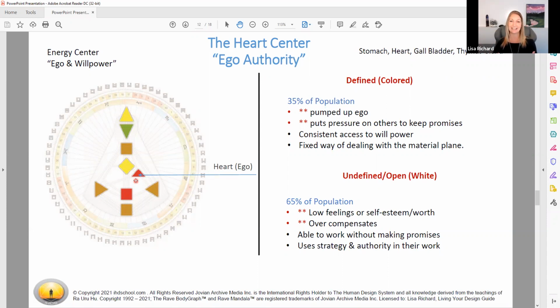Now, in a conditioned state, in a not-self state, these are the individuals that will come into a room. They're going to be really pumped up. They're going to be, I'm Mr. Right, I'm Mrs. Right, I'm in charge, don't question me, I'm in control, I have all the answers. So that is an inflated sense of ego. That is a not-self. Now, it's also important to know that when you have that center colored in your chart, you are someone who is true to their word. You can keep a promise and you will honor it 100%.